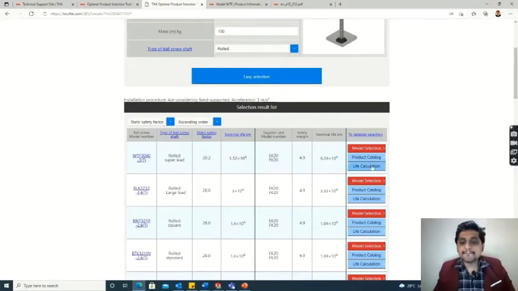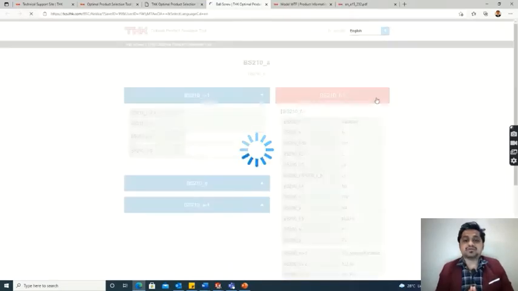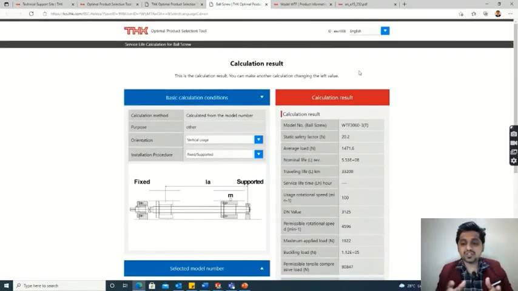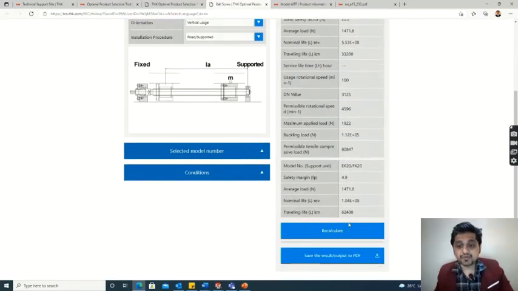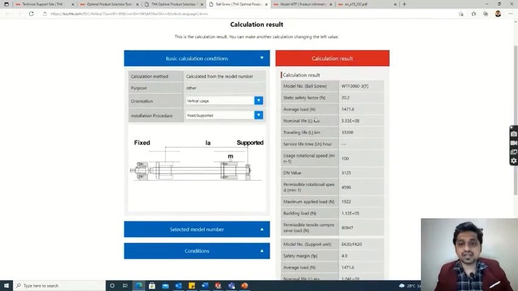And then we have a life calculation. Life calculation is very important because we should know for how long this ball screw will last. And here you can see the calculation results, the output, the static safety factor, then all the values. These are all the output values, the calculation results with the help of our input values. And here you can see the service lifetime is still blank because we have to give some input, and only then